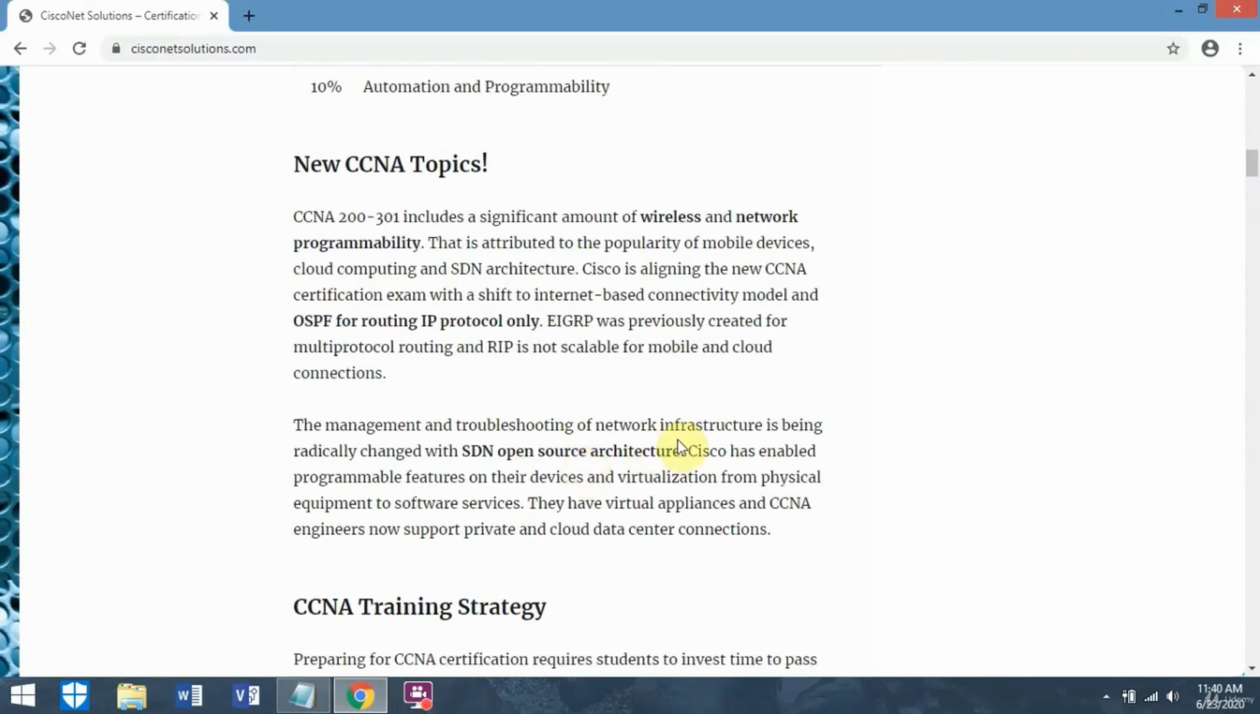For the new topics, there's going to be a significant amount of wireless and network programmability. The wireless is going to be worth a lot of points. Network automation and programmability is only worth 10%, and that can still affect your exam score. But there are a lot of new topics there to learn. That's attributed to the popularity of mobile devices, cloud computing and SDN architecture. So Cisco is aligning the new exam with this shift to SDN and open standards, and cloud-based connectivity from on-premises to cloud. OSPF is the only routing protocol left, and that's OSPF version 2, not version 3. So it's scaled down to just basic OSPF, and that's an IP-only protocol. EIGRP is not on there, and neither is